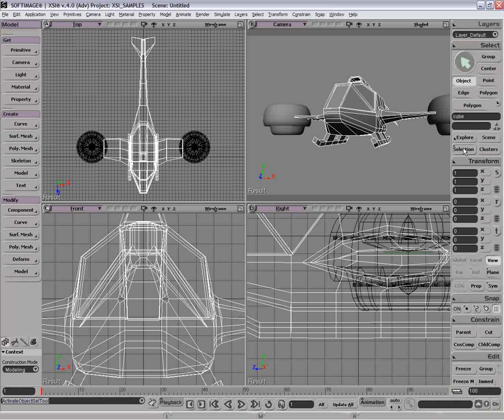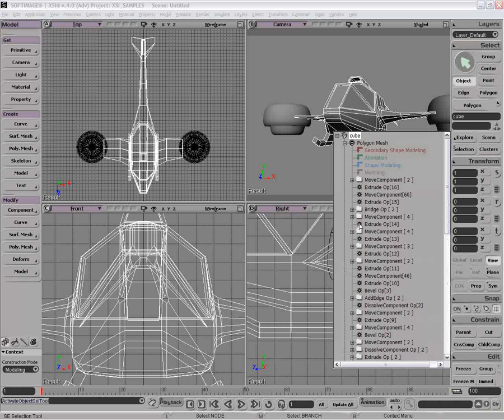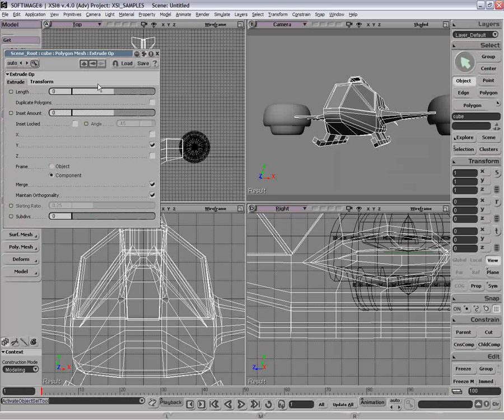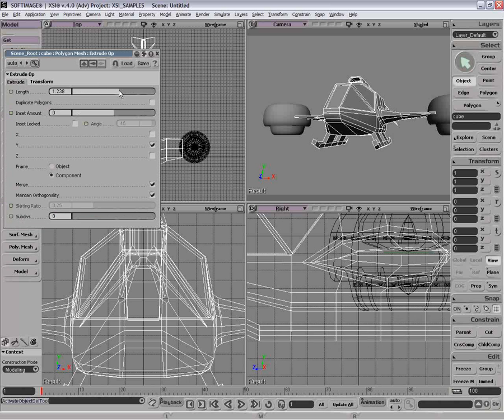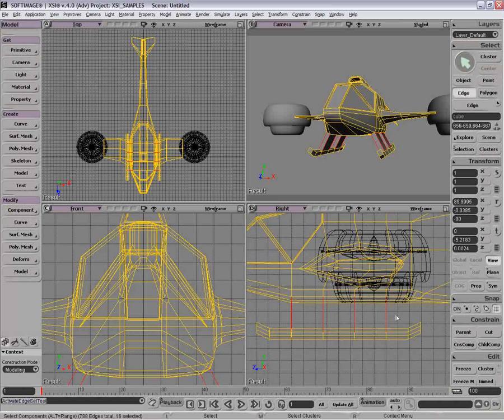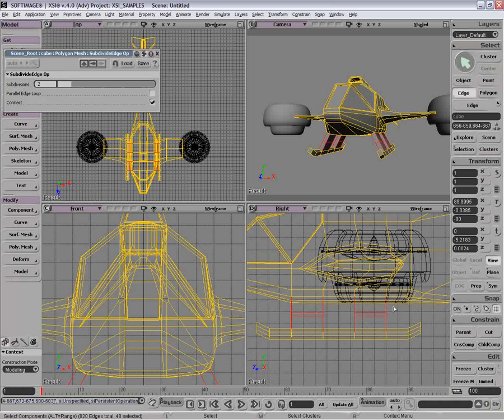those out. So what I can do is go back into my extrude operation and hope that I find the right one, which is this one here, and just increase the length a little bit. So that again is a phenomenal time saver, being able to go back in your history and change things. God, it's looking like I planned all this, isn't it? Alright, so we're going to just put a subdivision in this and just add a little bit of detail in there. Right, and now the other thing that I just decided is that I think this is all a little